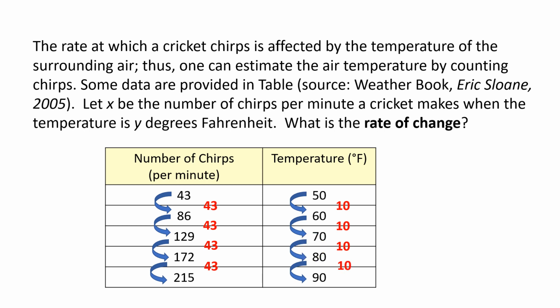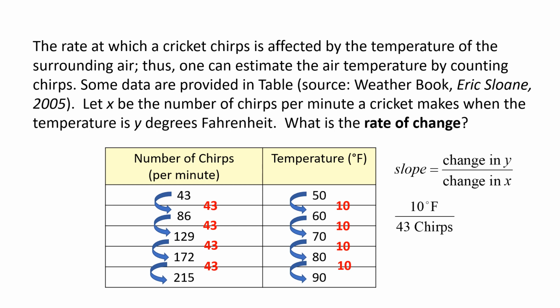Now we can compute the value of the slope, and that will be our rate of change. Rate of change is change in y, a rise, over change in x, or run. The change in y was 10 in all cases, and the units would be degrees Fahrenheit. The change in x is 43 chirps. So if we take 10 and divide it by 43 and round this off to 2 decimal places, we get